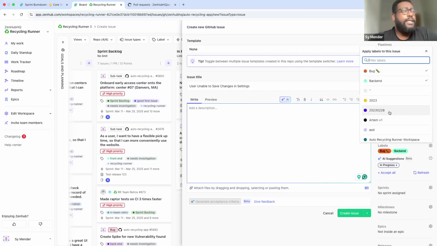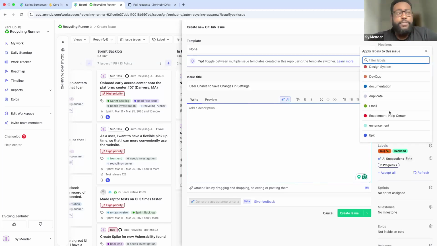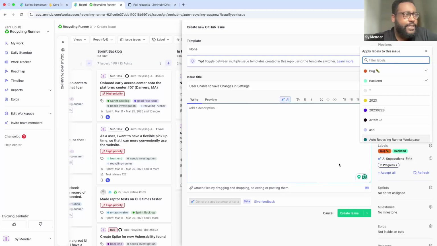If your GitHub repositories and your list of labels is anything like ours, it's fairly prodigious, right? So instead of spending all that time scrolling through, maybe picking one of the top ones that you think might fit, shoehorning it in, and not necessarily having the accuracy that I'm sure you all crave, we can immediately attach the labels that we think are the most important and the most pertinent.